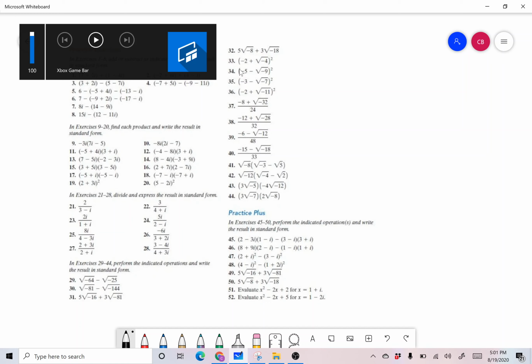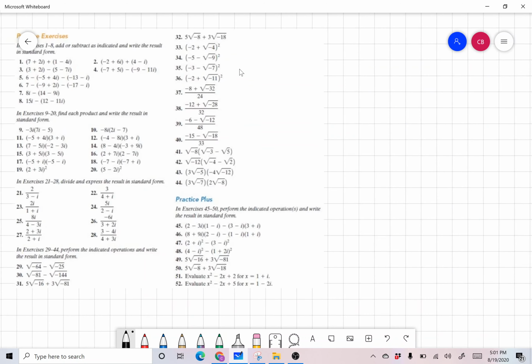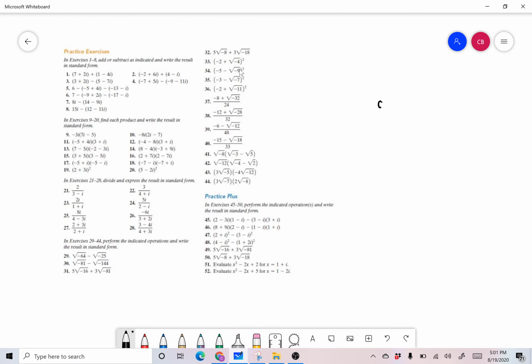Okay, guys, so let's look at a couple more. I'm seeing some other interesting ones, and I wanted to do a couple more before I get into conjugates. These are the student practice ones. You're invited to try these ones. And so if we do number 9, 7i minus 5,